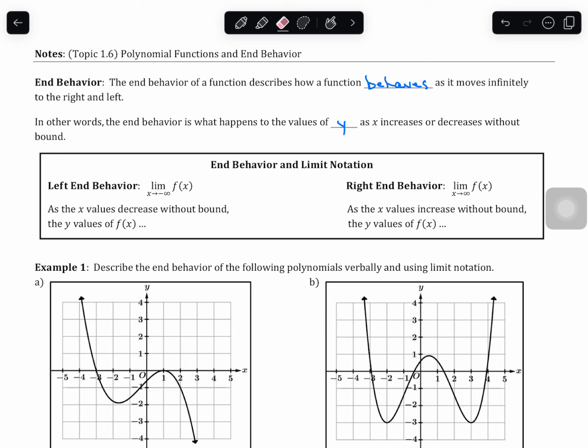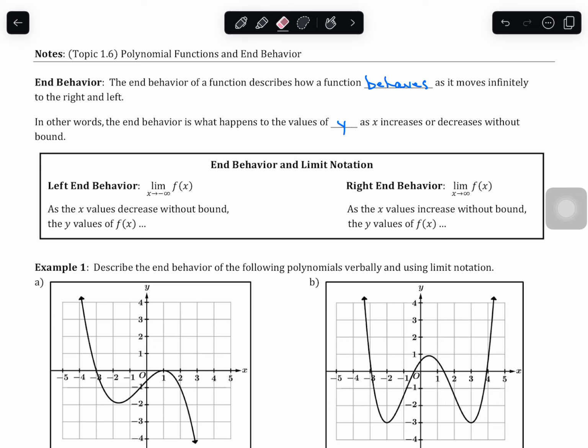Okay, so this video is to help explain topic 1.6, which is polynomial functions and end behavior. This is the first time you're really going to probably be seeing limit notation, which talks about how a graph will proceed to the left as x approaches negative infinity and to the right as x approaches positive infinity. It's kind of like we've talked about interval notation, but now we're going to write it in